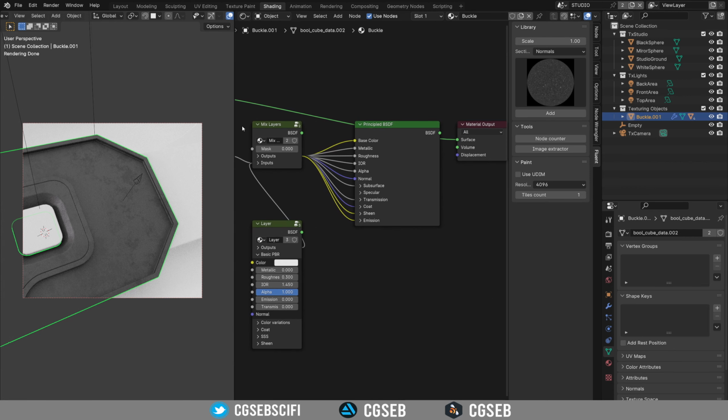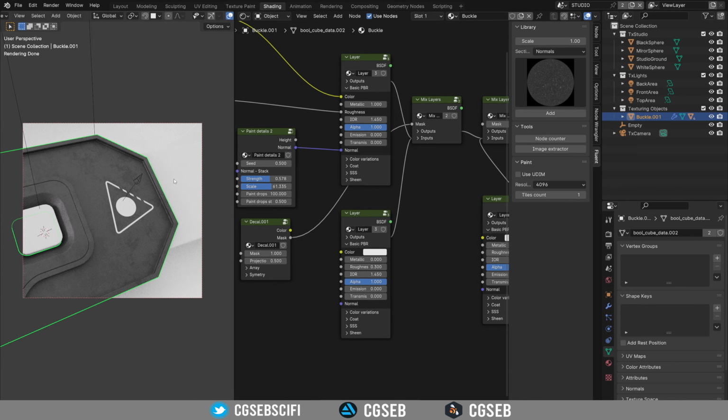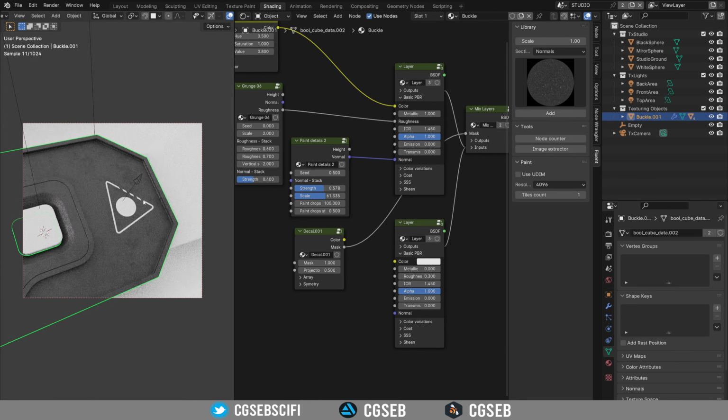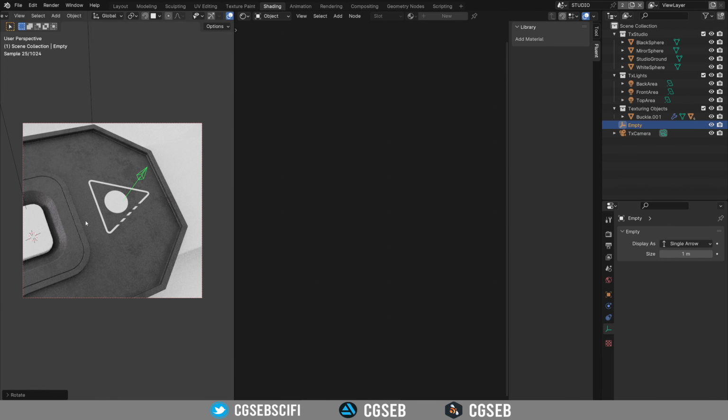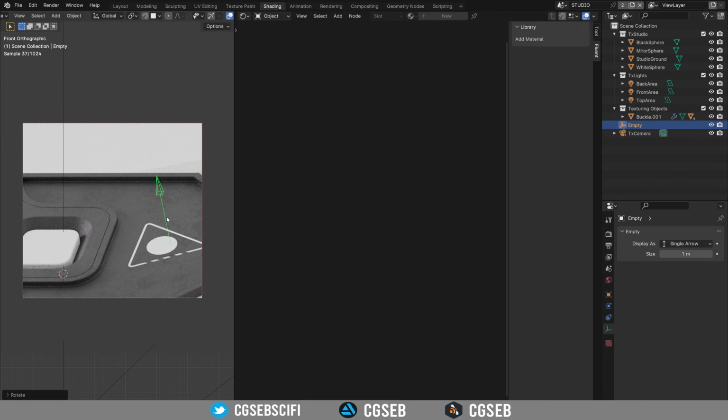So we can go back to the principled BSDF and Control Shift click on this one, and the decal will appear, of course. So I'm going to rotate it by pressing R and Z to make it more oriented like so,